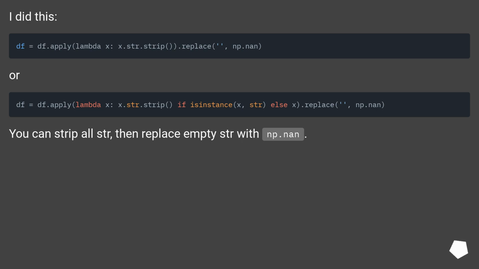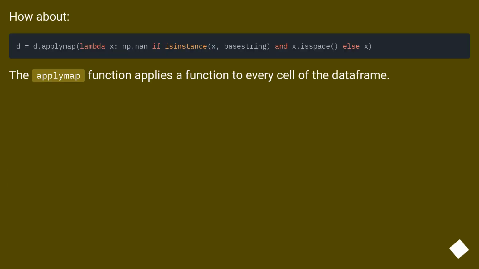Or you can strip all strings, then replace empty strings with np.nan. How about this? The applymap function applies a function to every cell of the data frame.